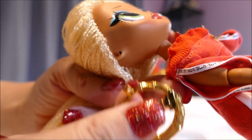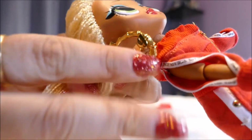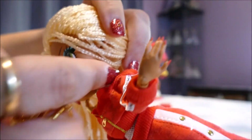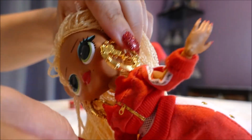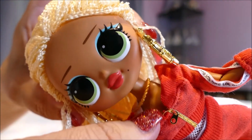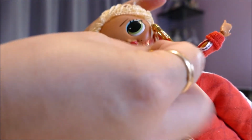On the side here, you'll see the little hole, which you just prong the earrings into. It's saying swag, isn't that cool? That is pretty cool. And the same on this side. She needs her bling bling swag. Cool. And then while I'm up here, I'm going to put her little gold choker on. Right there. And then we're going to put our back to front bling in because we are just that...